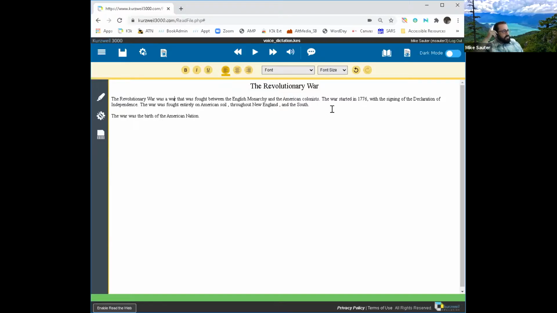And I wonder if that was the small pause that I gave when I was speaking. But it did a really good job of capitalizing proper names. New England is capitalized, the South is capitalized, American colonists capitalized. I'm very impressed. Declaration of Independence is capitalized. Very impressed with its dictionary and proper names.